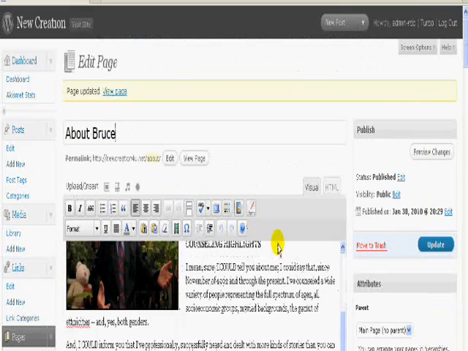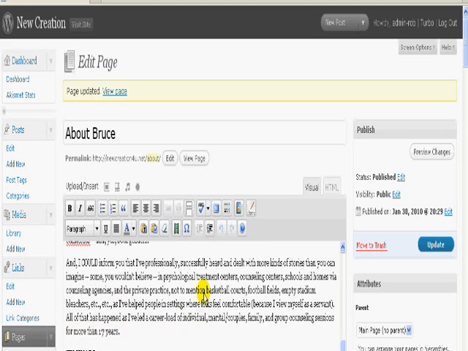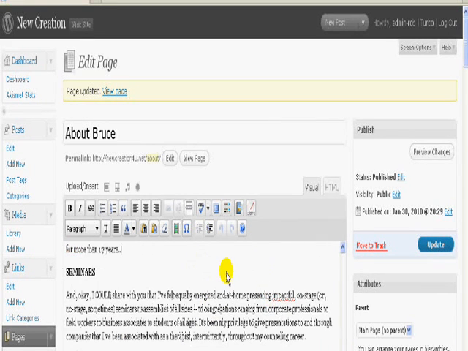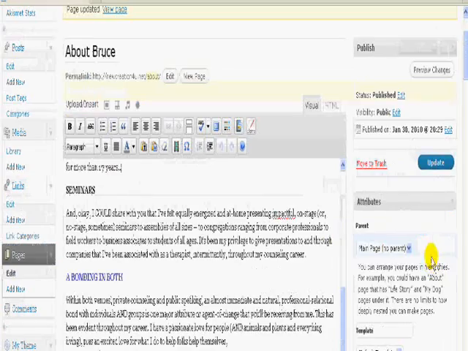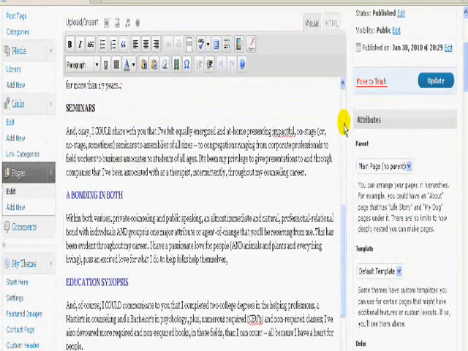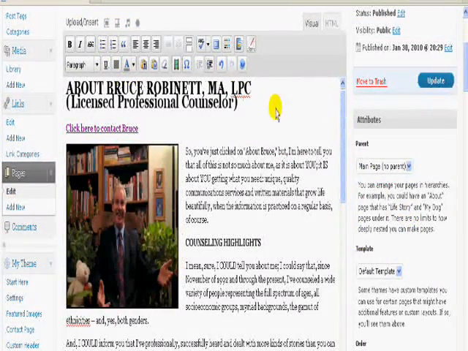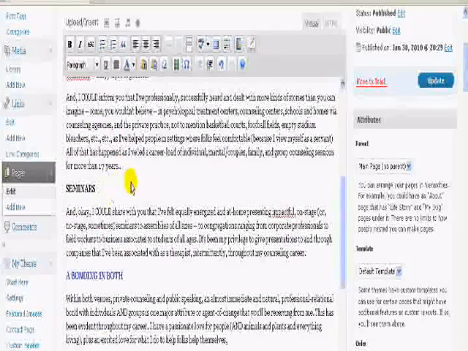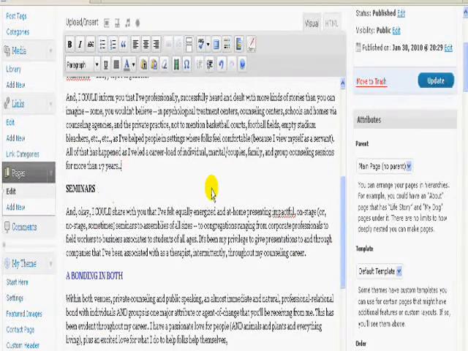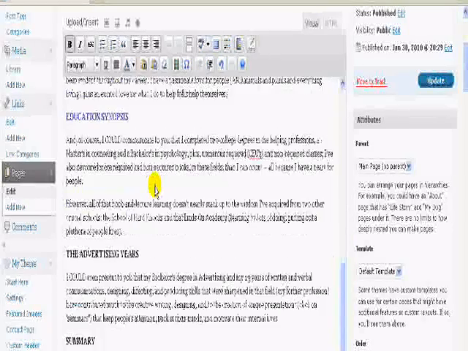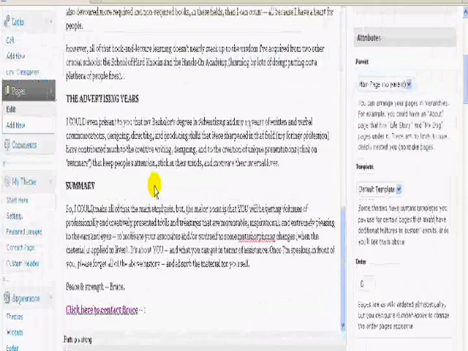Now let's say you want to make a change somewhere else on the page. Let's say there's an extra period here and you want to delete that. You can see how simple it is. You're still in this editing format here, and you just put your cursor there and backspace out that period. Then you always want to remember to update the page. When you update the page, it'll be good to go. And then this is the way it is on all